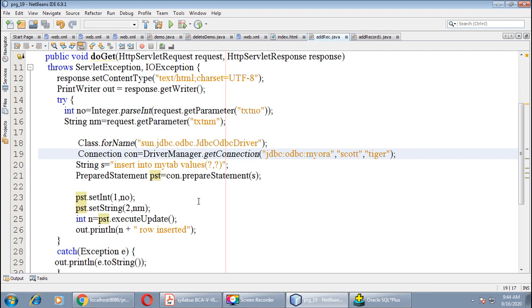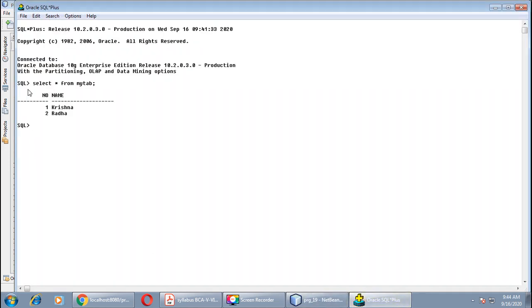Here what you have to do yourself is try to list out all the records available in your table, as we have checked through the SQL window. Here we did select star from My Tab and displayed all the records available in My Tab.